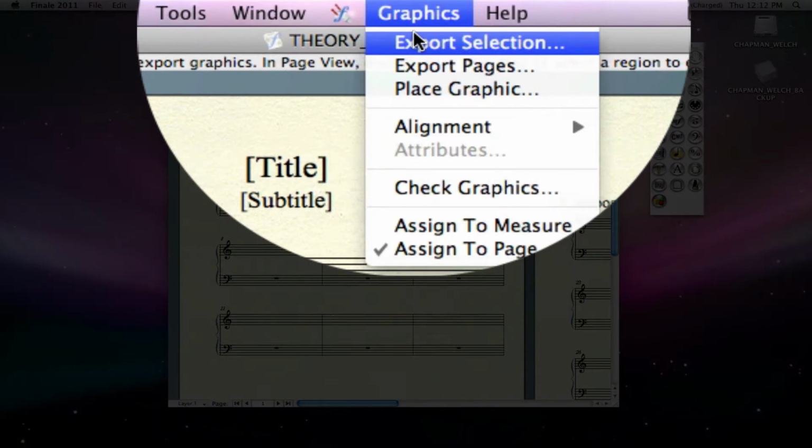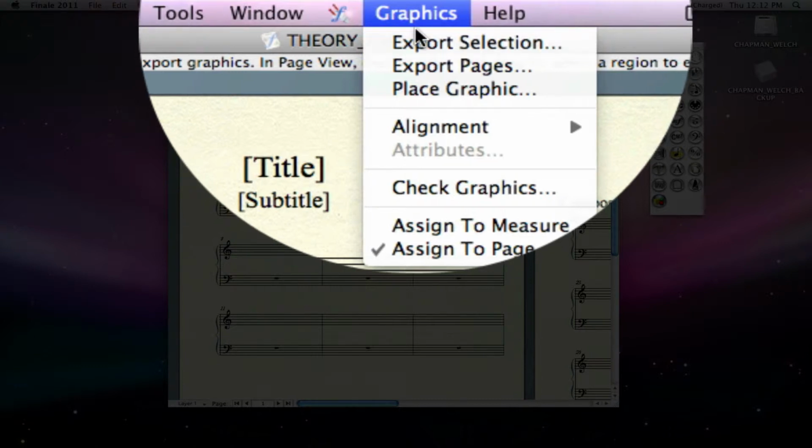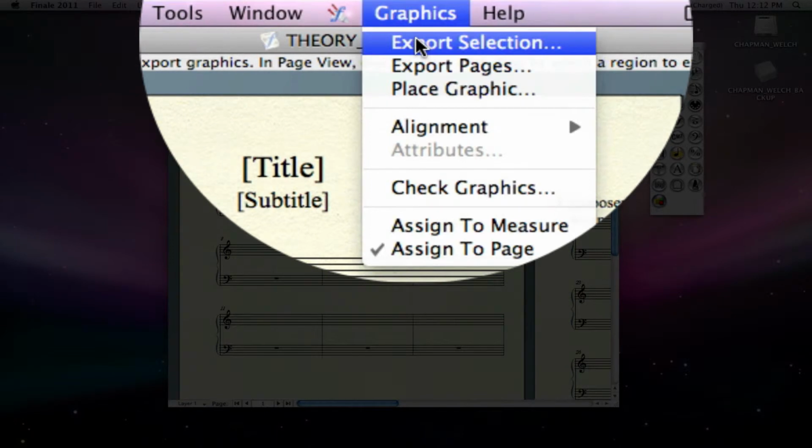You can export the whole page, which I'll show you later about Finale, how to do your scores in Illustrator, or using Illustrator to help. But this is different. We're putting this into Microsoft Word first. The next one we'll put it into Illustrator and do some basic Illustrator things with it. So export selection